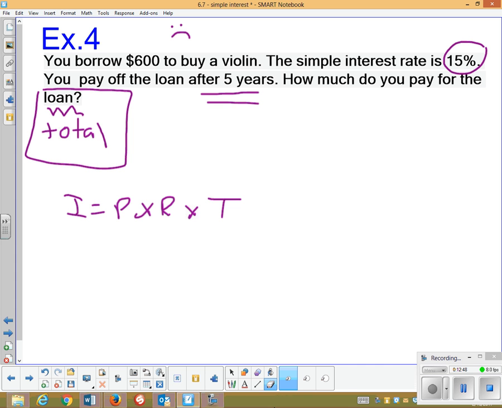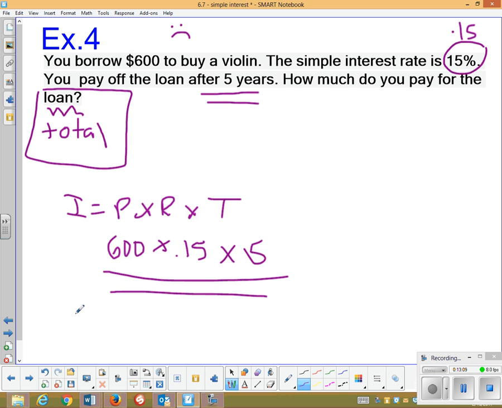And then do you know what's the rate they're charging you? Yes, I do. But because that's a percent, I'm going to make it a decimal, 0.15. Do you know how long you promised to pay it back for? Yes, we do. That's 5 years right there. So we're going to multiply everything across to get my I. Once I multiply everything across, remember you can only do 2 at a time. So make sure you do 2 and then add the third one down. So 600 times 0.15 will give me a total of